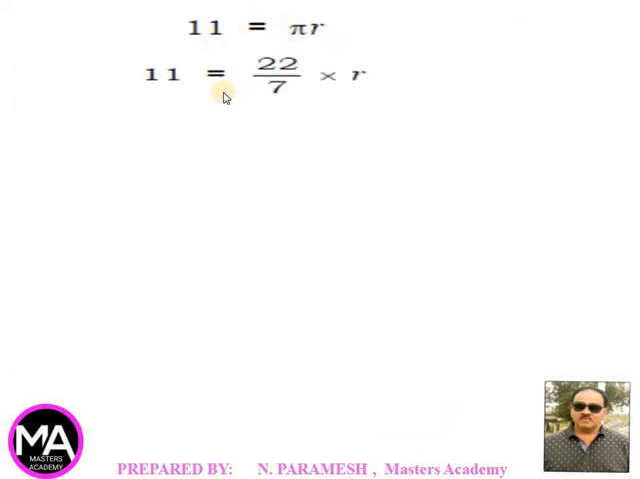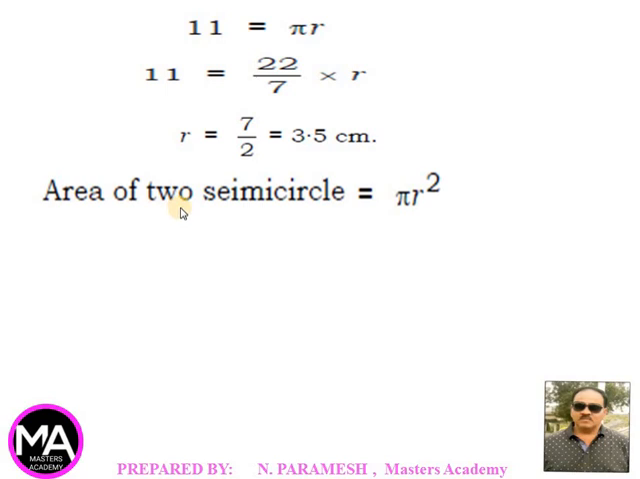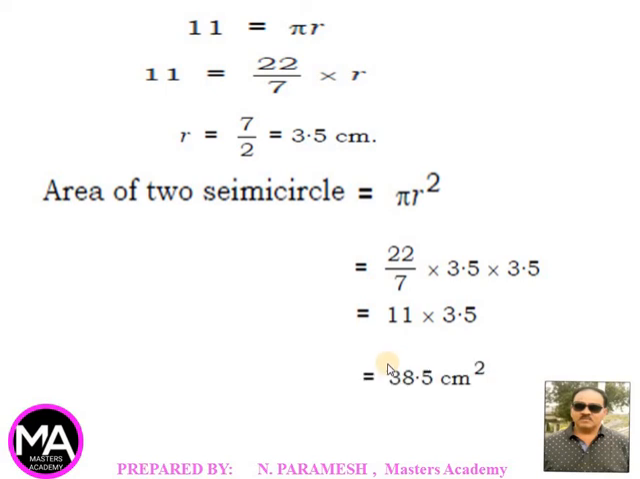11 is equal to pi r. 11 is equal to pi, that means 22 by 7 into r. 11 ones are 11, twos get cancelled. R is equal to 7 divided by 2, which is 3.5 centimeter. Area of two semicircles is equal to pi r square is equal to 22 by 7, r is nothing but 3.5, the whole square, is equal to 11 into 3.5 is equal to